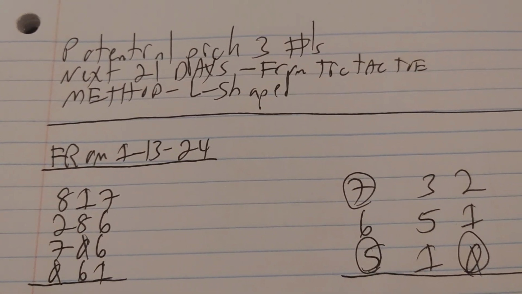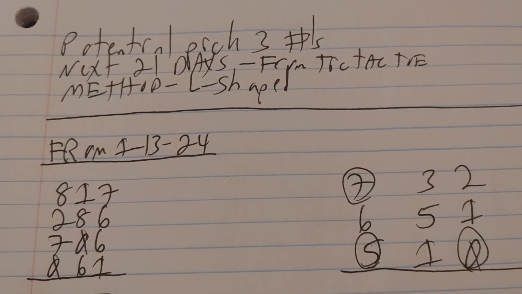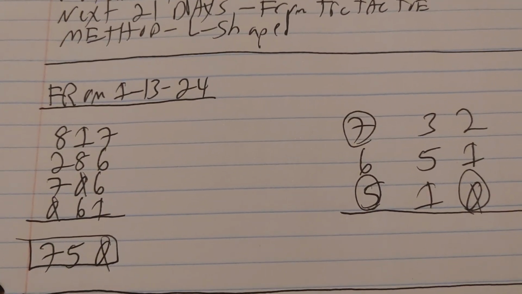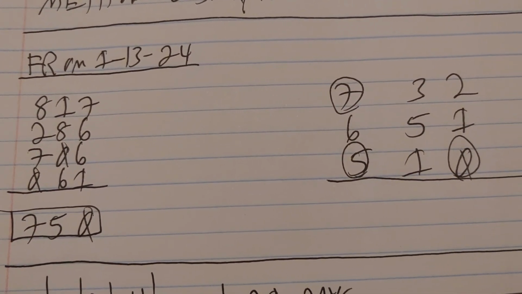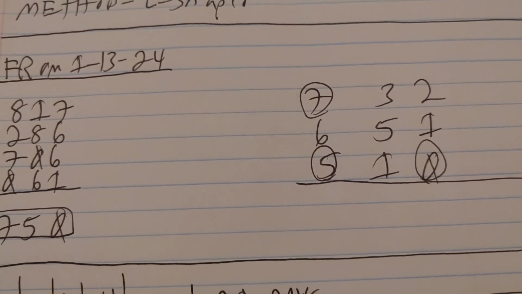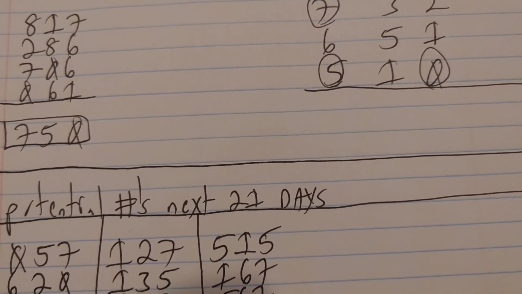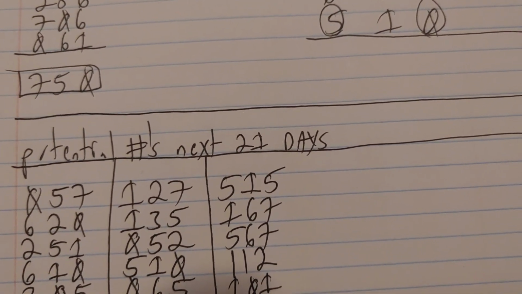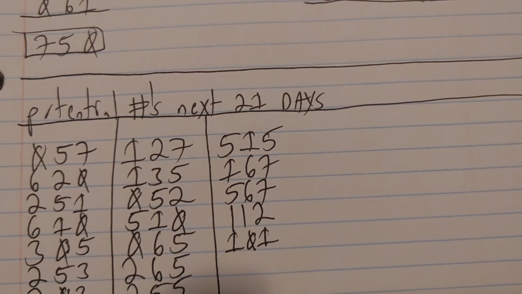All right, so the potential pick 3 numbers next 21 days I think may fall from the tic-tac-toe method L shape shown in the video. I already covered the sum to get the 750. And then you're going to fill out the box as already discussed in the video. And then based on that, the potential numbers I think may fall in the next 7 days are 057, 620, 251, 610, 305,